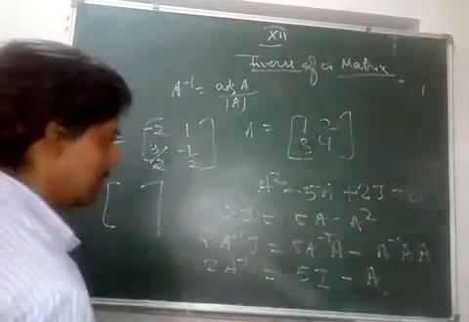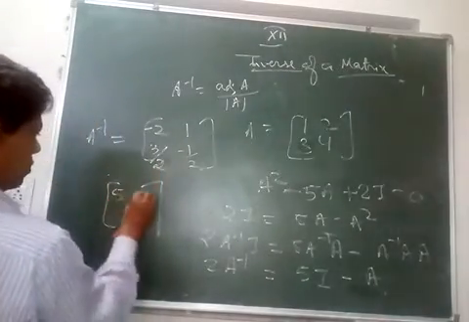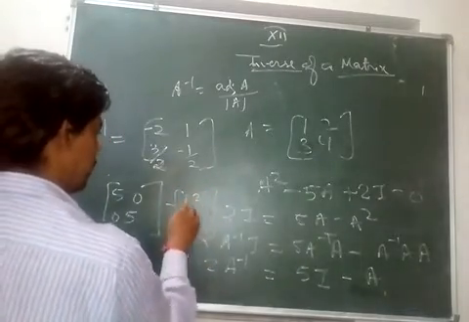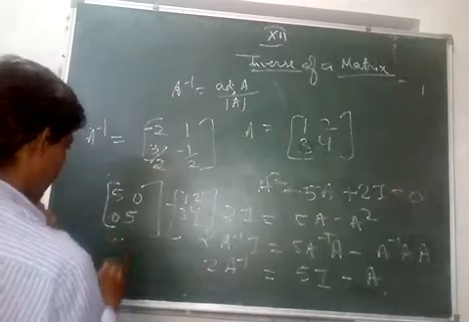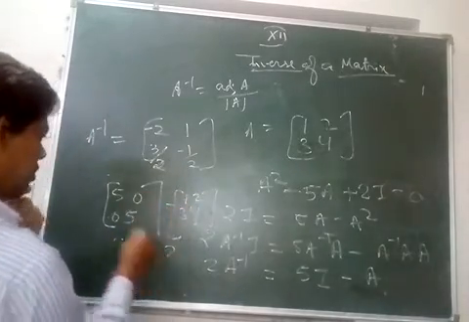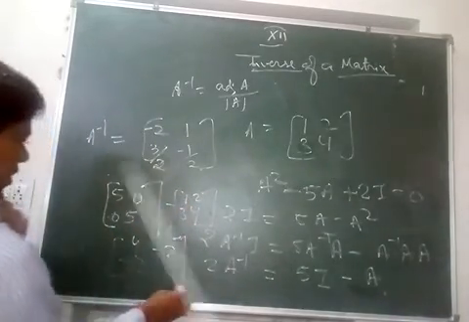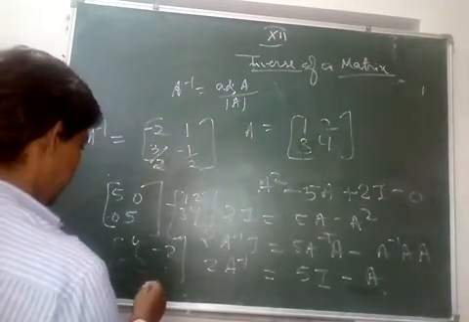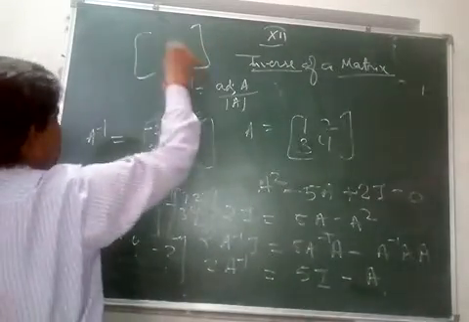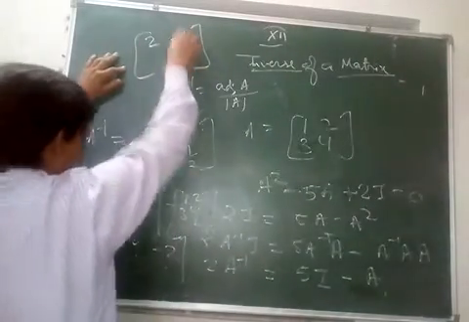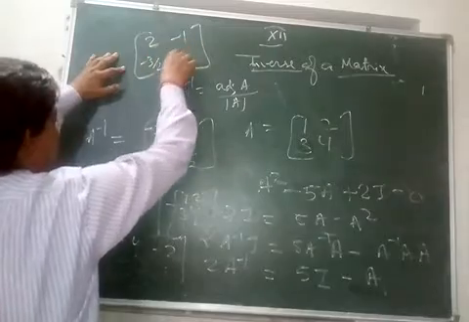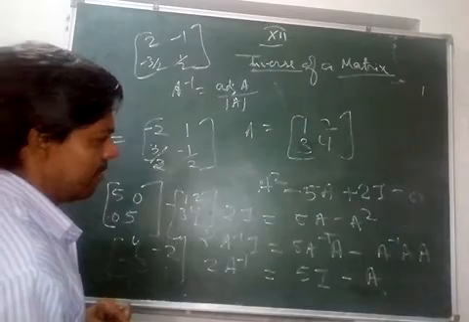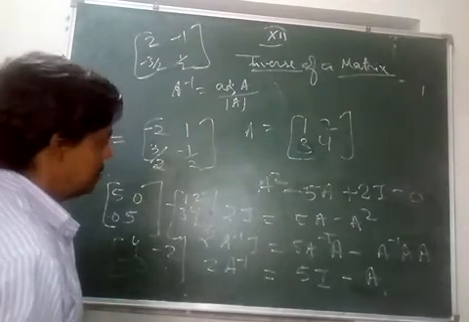So we'll check it by the other method also. Let's see what the problem is. So 5, 0, 0, 5 minus A. What is A? 1, 2, 3, 4. So we get 5 minus 1 is 4, 0 minus 2 is minus 2, minus 3, and this is 1. And if you now divide it by 2, you will get this matrix: 2, minus 1, minus 3 by 2, and half, whereas we are getting just the minus of A inverse here. So why are we getting a minus sign here? Let's check it one more time.